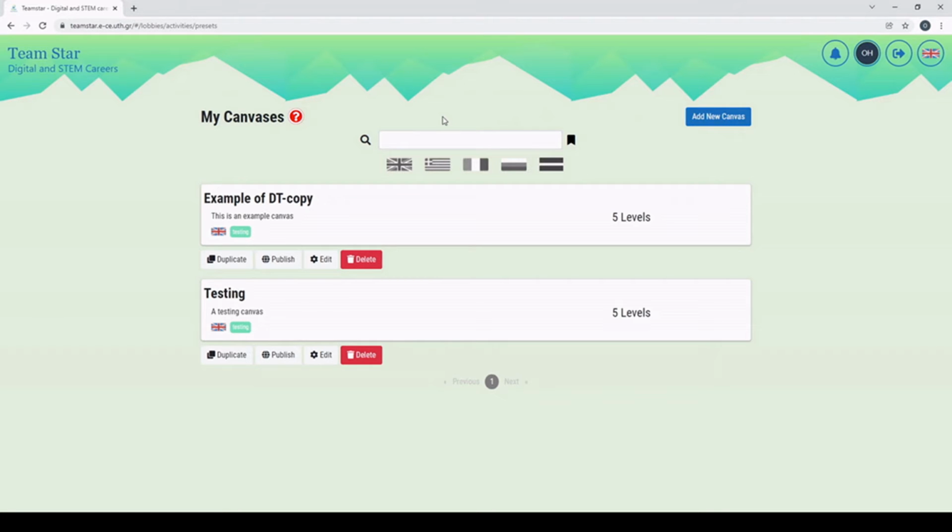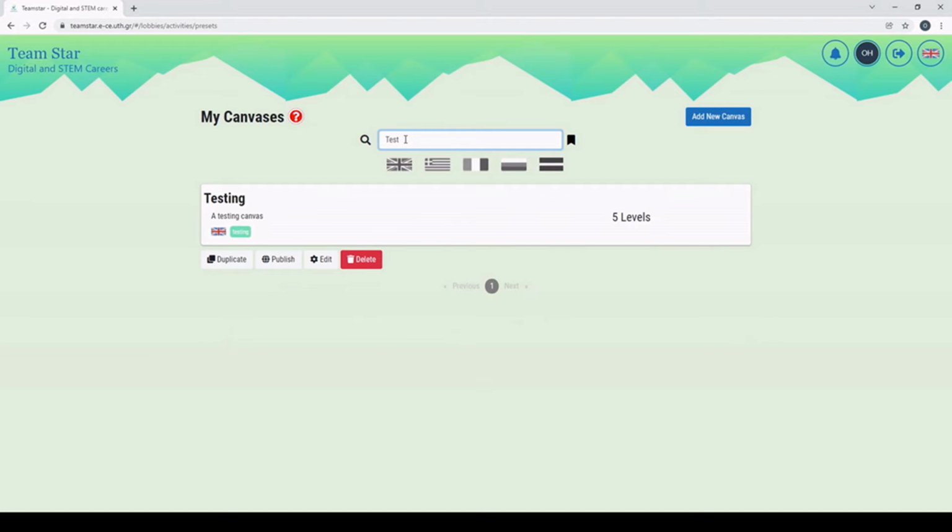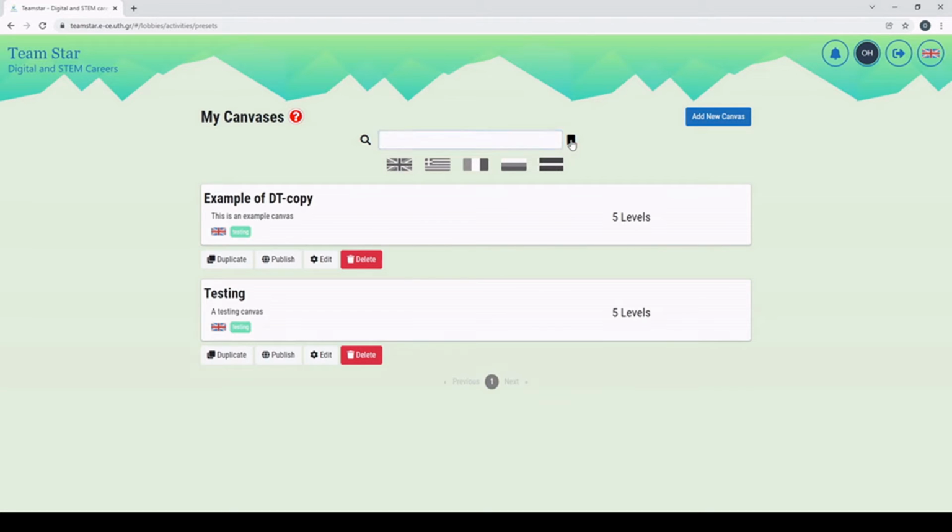If I want to select one of my canvases already created, I can look for them through this search tool, which can help me selecting either by language or by terms, or also by meta tags which are associated with the canvases.